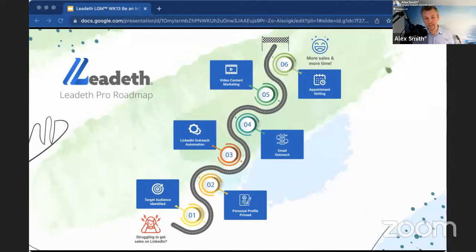Enable creator mode in LinkedIn. That's a vital step that you need to be doing as well, because that enables you to have a call to action on your profile page, like a web link to a case study or a bit of content or a free weekly course that you're running, or whatever it is that you can help your audience with. It's all about adding value. We need to be adding value all the time on LinkedIn.